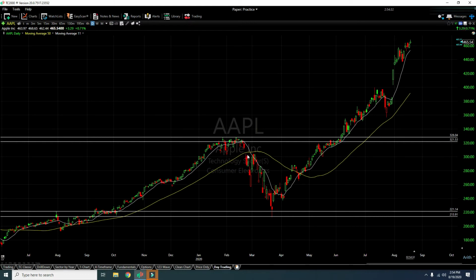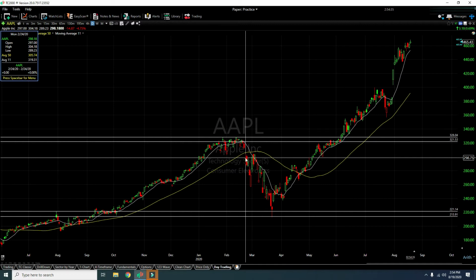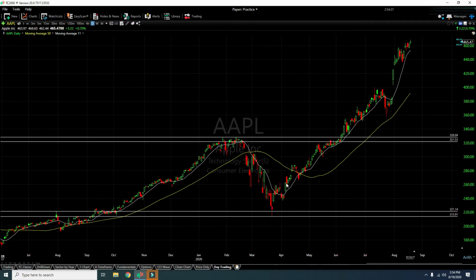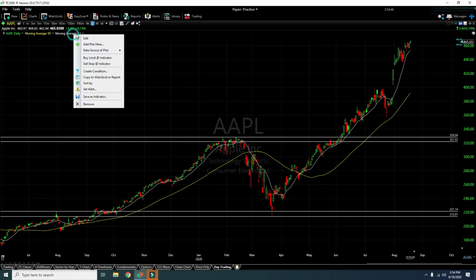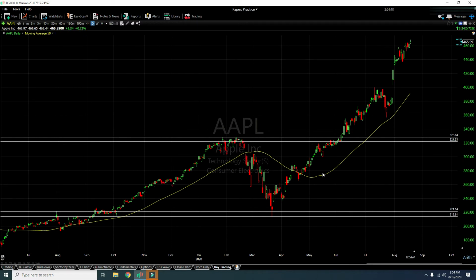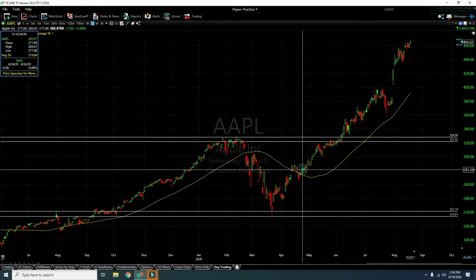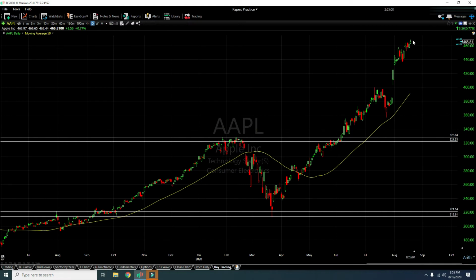If you notice, the moment the price crossed below the 50 period, it accelerated down pretty fast. Then once it crossed above the 50 period moving average here, after the yellow line, it stabilized. It never came below. So let me remove this temporary moving average to make it clearly visible. As it dropped here, it accelerated down completely. Then as it crossed up here above the 50 period moving average, the yellow line, it never dropped below that. So if somebody got in at 282 on April 24th, they would have stayed all the way till today on Apple, till 468.